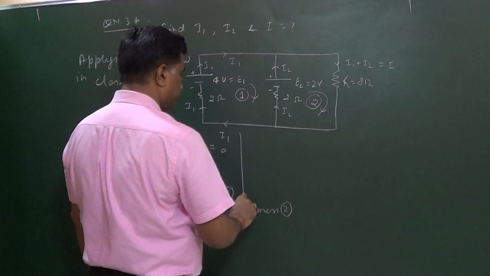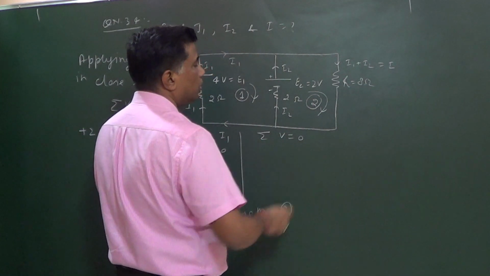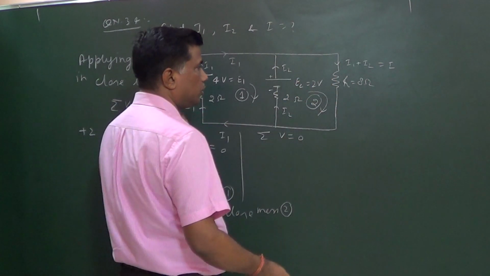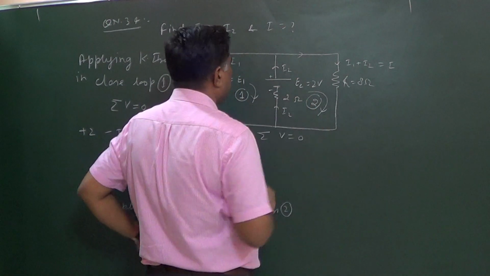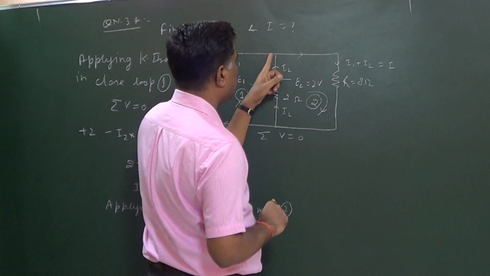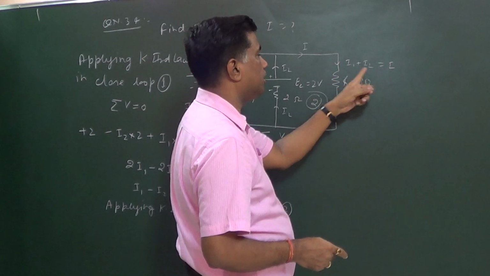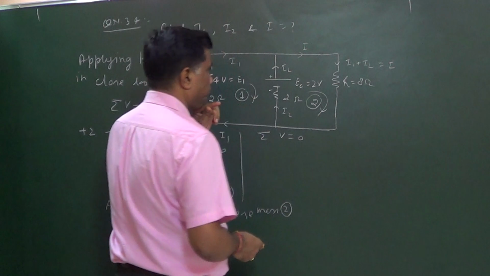According to this law, the potential difference in any closed mesh is equal to 0. So in this mesh, potential difference is again 0. Start moving. In this arm, as I1 current is coming from this cell and I2 from this cell, this current I is the sum of I1 plus I2. I equal to I1 plus I2 is written.